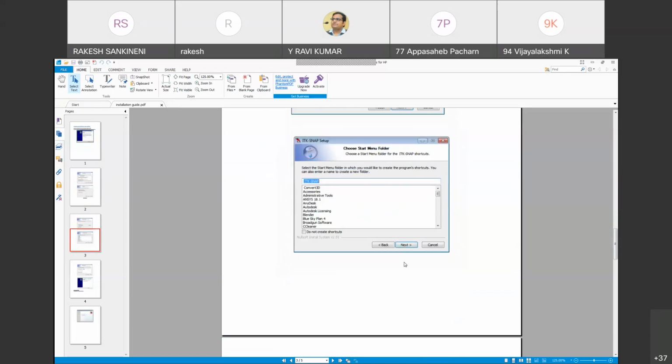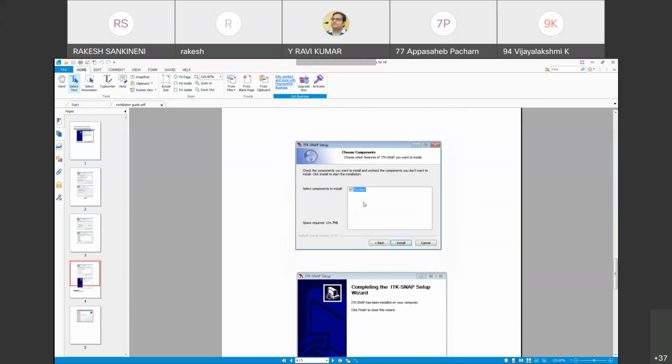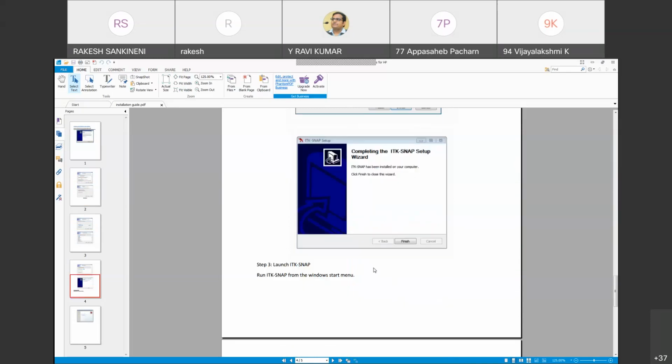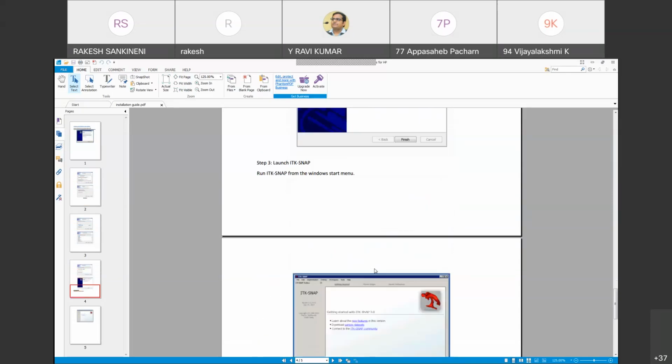Here also go for next and install. It will take about 1 minute to install. After that, click on finish. This is how you install ITK-SNAP.